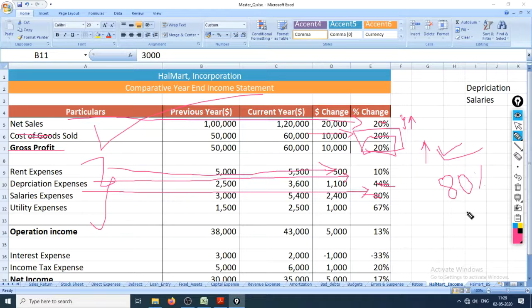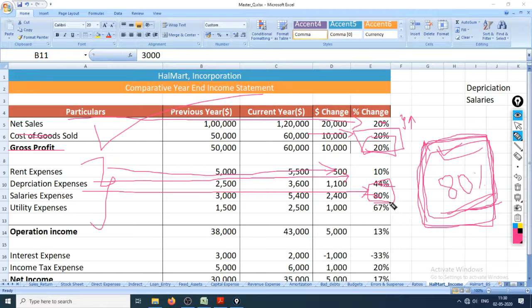So what is the basic concept of business? To earn profit. And if we are paying salary, we are not paying salary to fill the mouth of the employees and the mouth of the employee's family. We are paying him salary to expect a fair return. Like here you can see there is an 80% increase in the salary of an employee, while the profits have only increased by 20%. So this raises a big question on the quality of the employees that the company has.